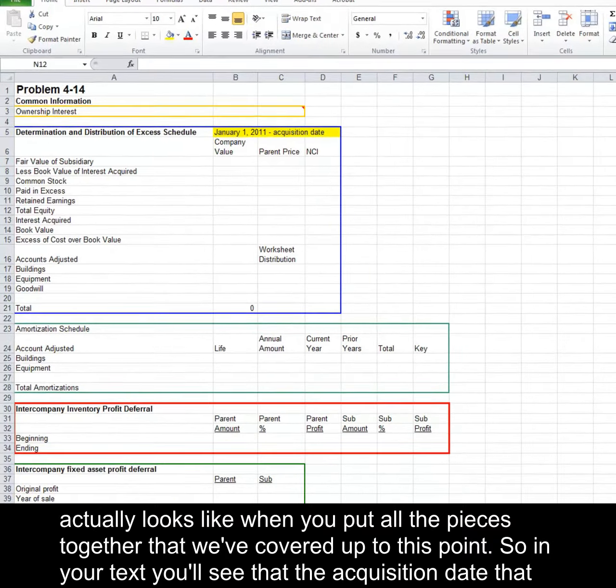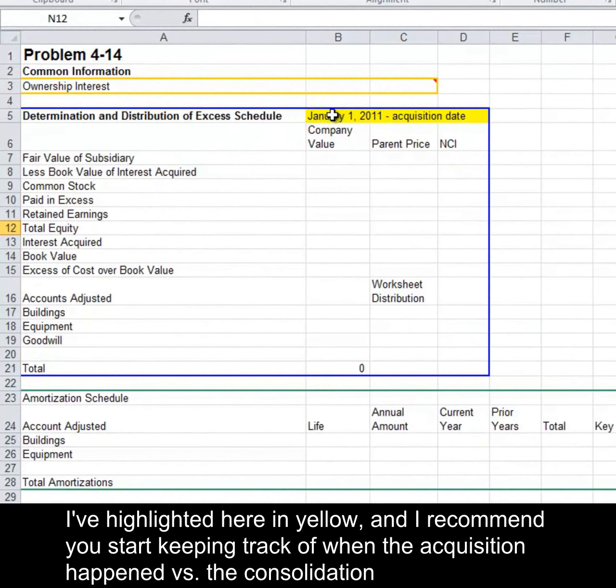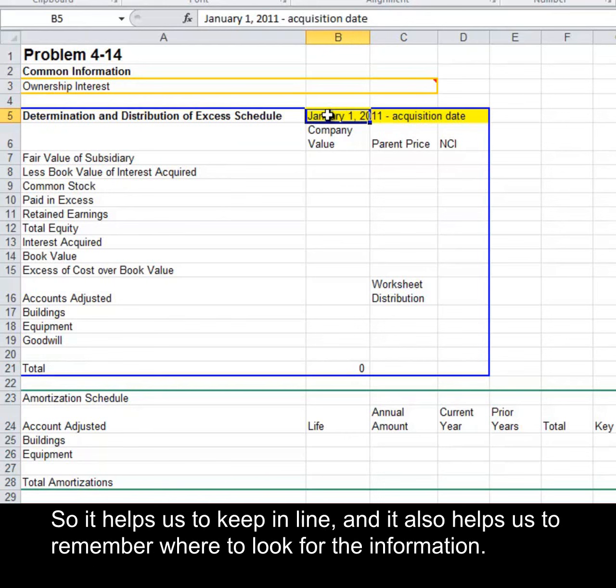So in your text, you'll see the acquisition date that I've highlighted here in yellow, and I recommend you start keeping track of when the acquisition happened versus the consolidation, because remember again, this is not part of a general ledger. We have to account for prior periods. So it helps us to keep in line, and it also helps us to remember where to look for the